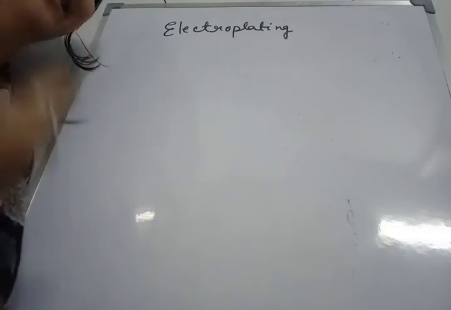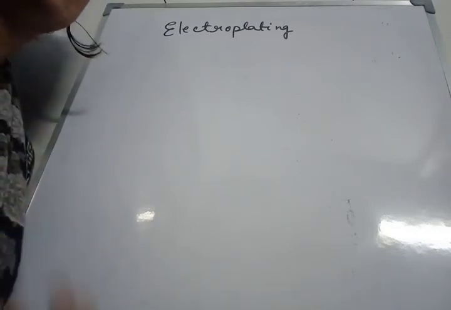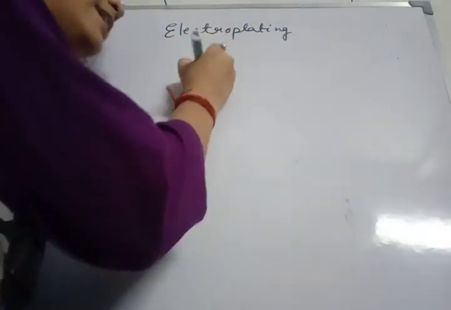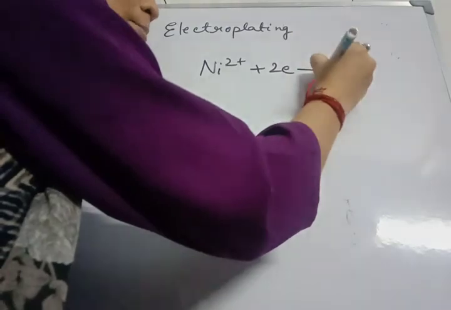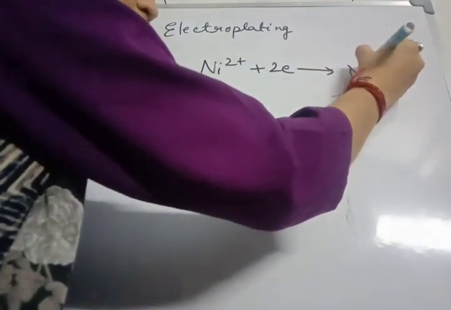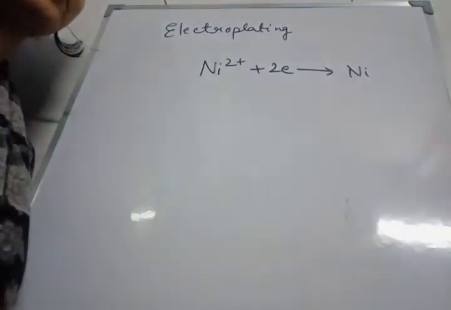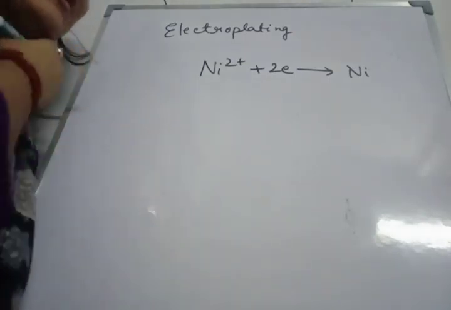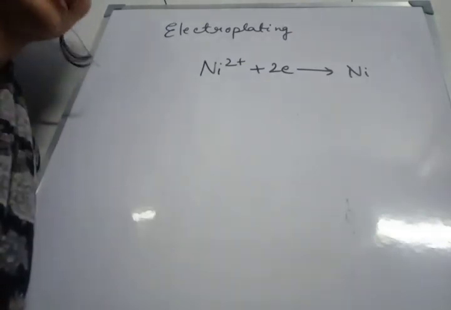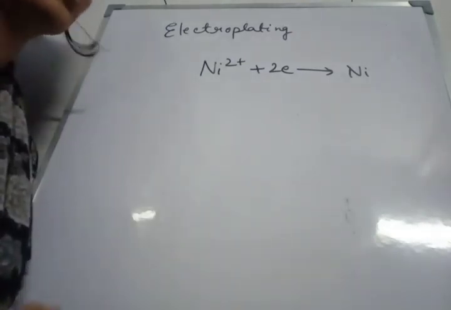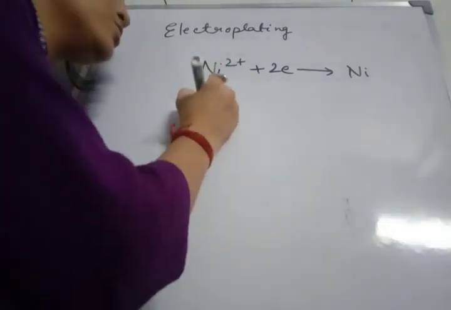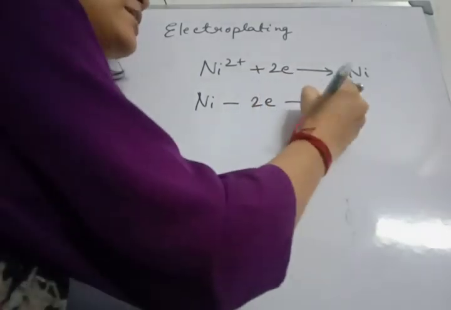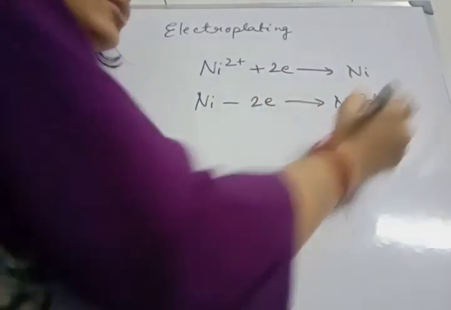So out of Ni2+ and H+, Ni2+ gets deposited at the cathode. Why? Though its position is higher in the electrochemical series, due to its high concentration it gets deposited at the cathode. Next, we come to the reaction at the anode. Both sulfate and hydroxide move towards the anode, but none gets deposited due to the active nature of the anode. The nickel anode loses electrons to form nickel ions that pass into the solution.